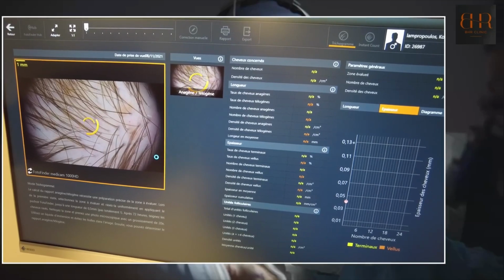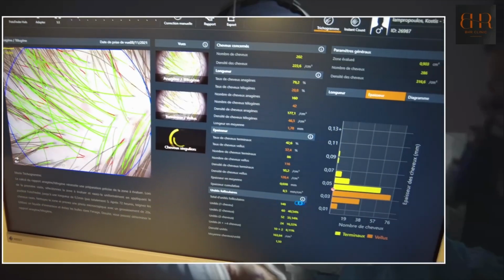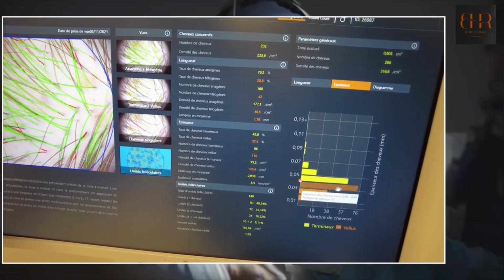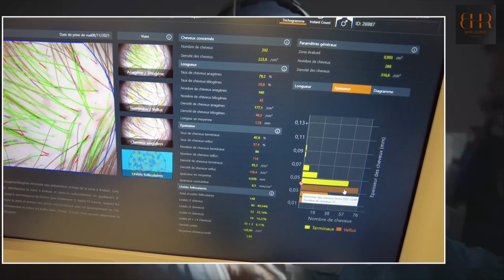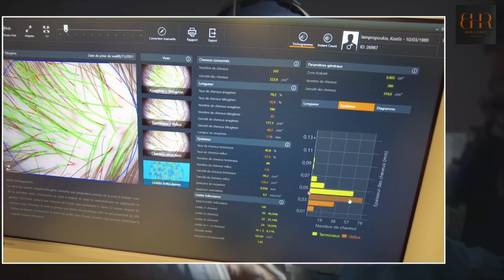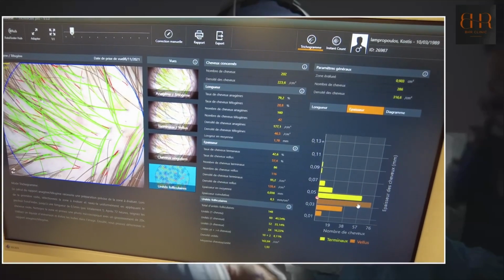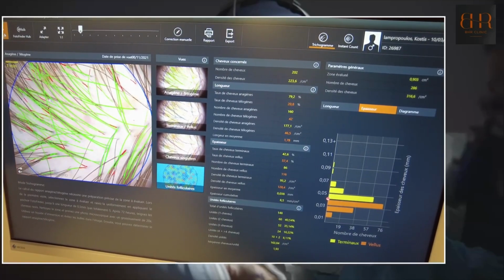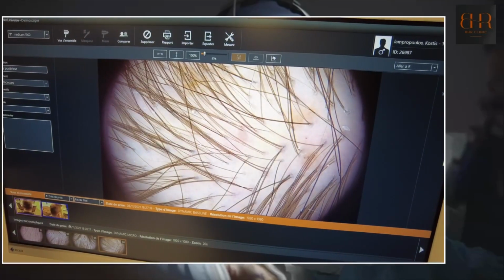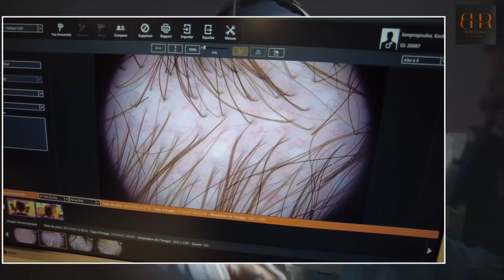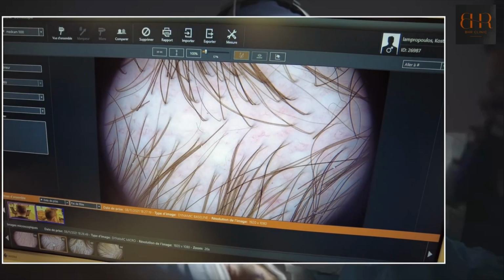And as you can see, we are still closer to 30 microns. So the hair there at the border is almost the same diameter as the hair in the nape. So this patient is taking medication. His family history, yes, he has a family history of baldness, but what we are also going to look at is